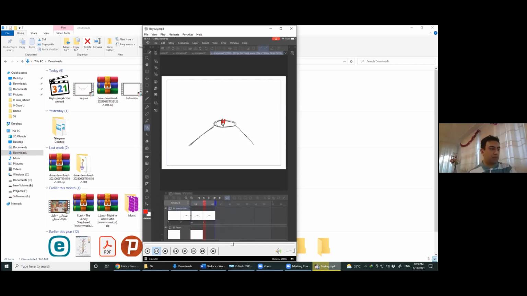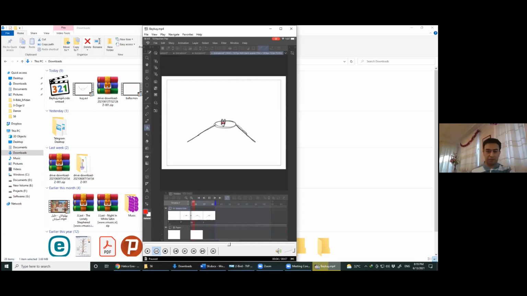Here there is a jump. The wings here are at their lowest point. In the next frame, they come up.